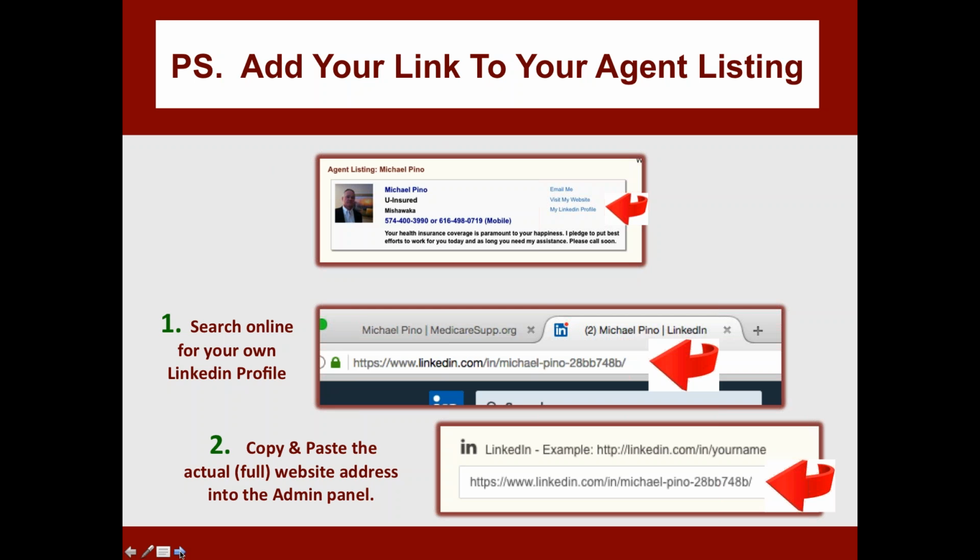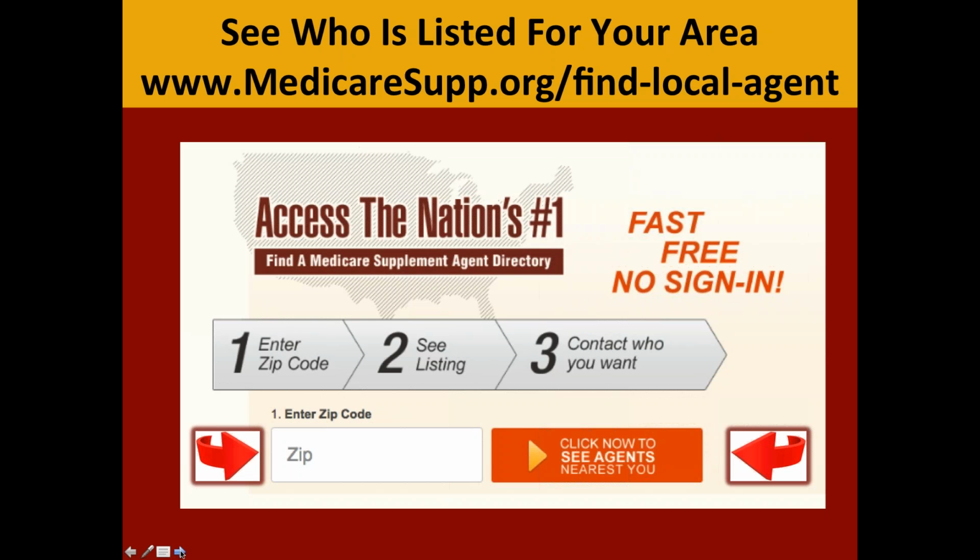Click on that. Copy the address that's in the toolbar. HTTPS is basically, the S means that this website is secure. LinkedIn's website is more secure. You copy that, and then you paste it into the admin panel for your profile on MedicareSupp.org. So again,